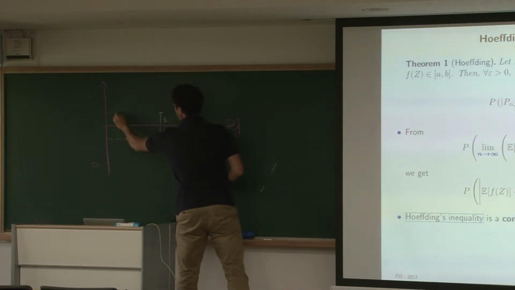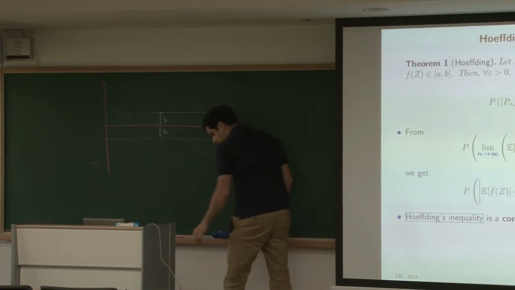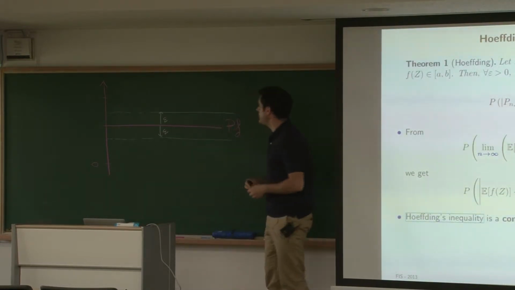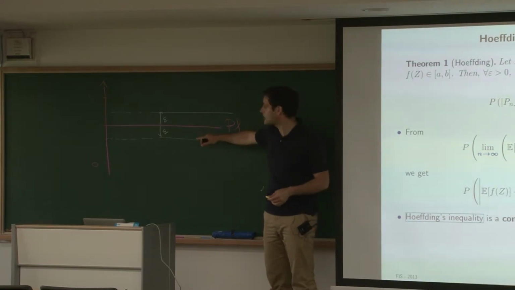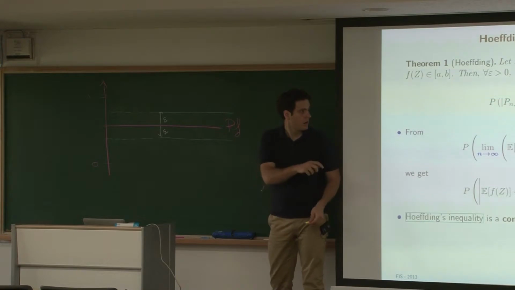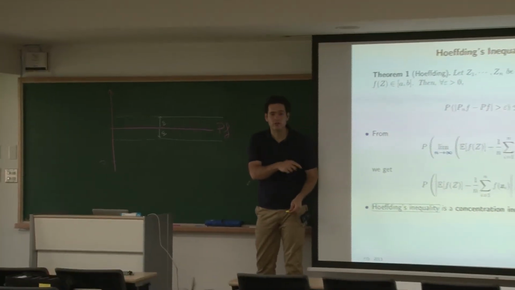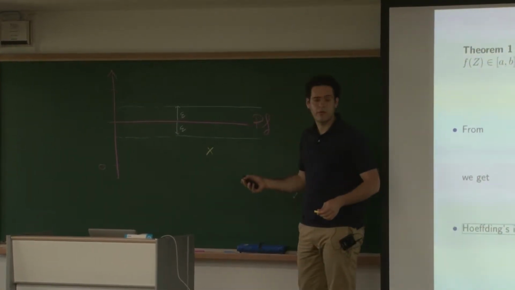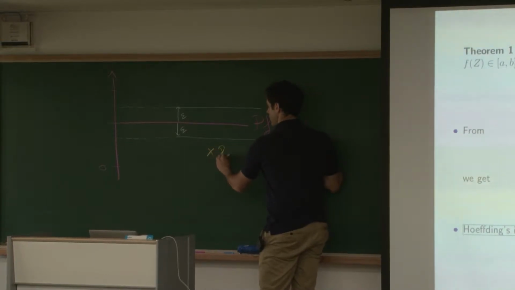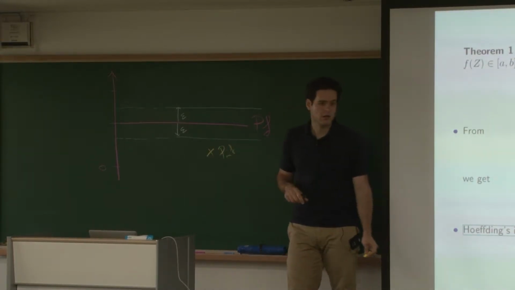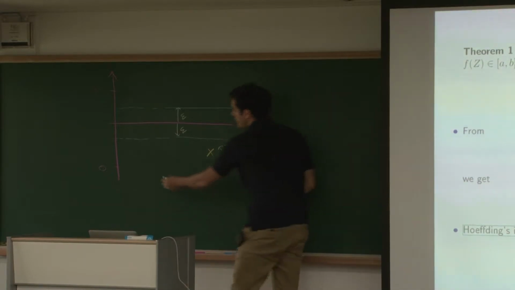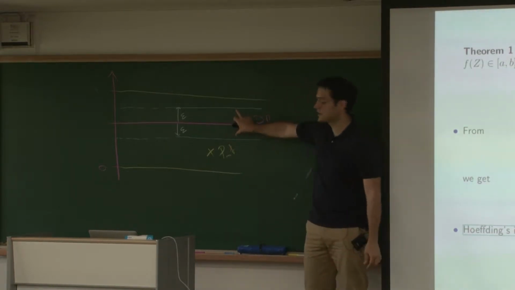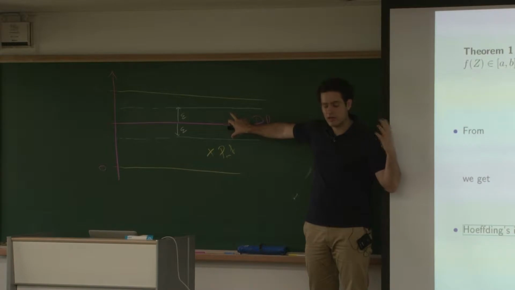And we're just saying that the probability that Pn of f will be outside this tube is smaller than 2 exponential minus 2n epsilon squared, and so on. So basically the probability that for a sample, Pn of f is here, it will be somewhere here, right? Pn of f can only be between 0 and 1. Basically, we're just saying that the probability that it is outside this tube, again, in terms of the sample,